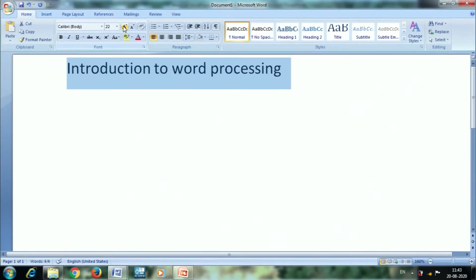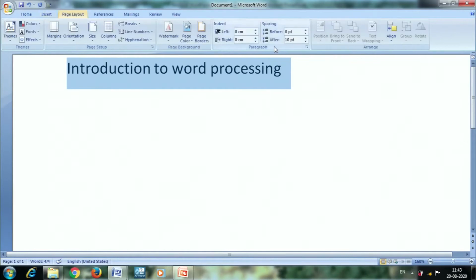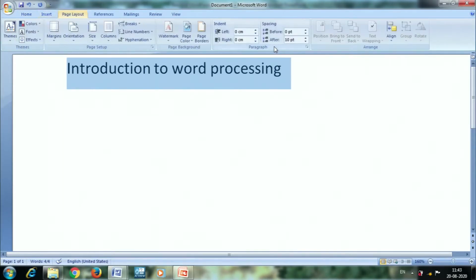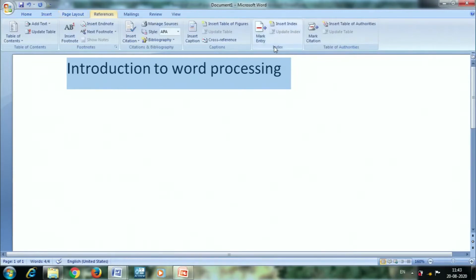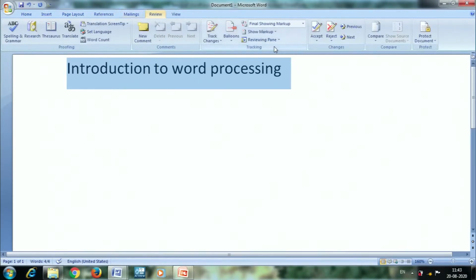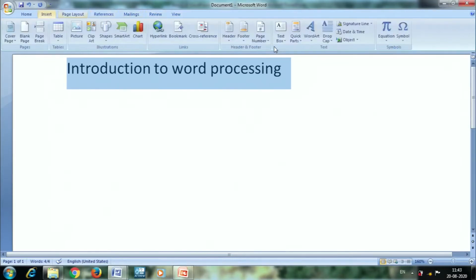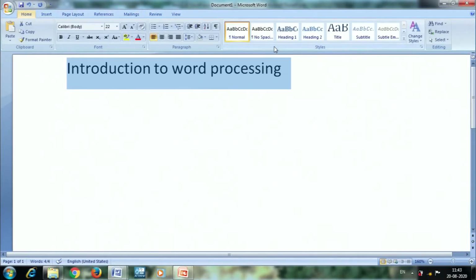This portion where I have typed is called the typing area, and here we have Home, Insert, Page Layout, References, Mailings, Review and View. These are all the menus. If I click on Home, I will have some different options.